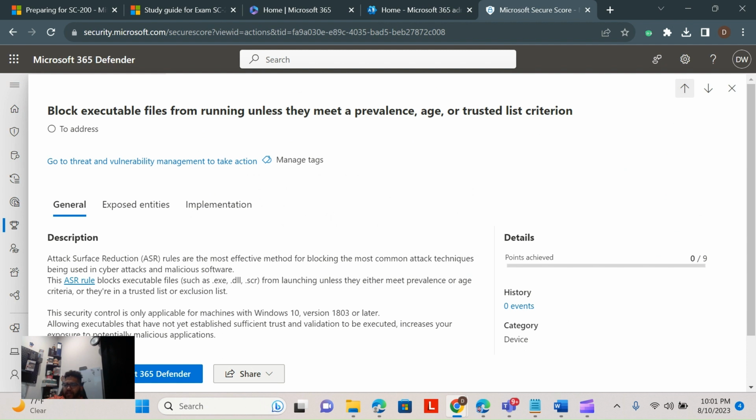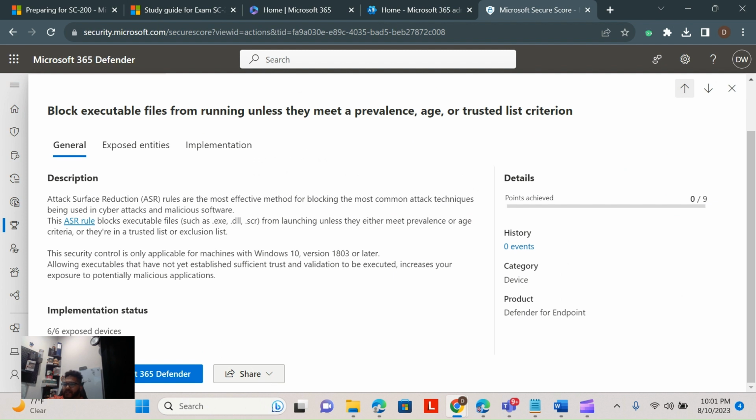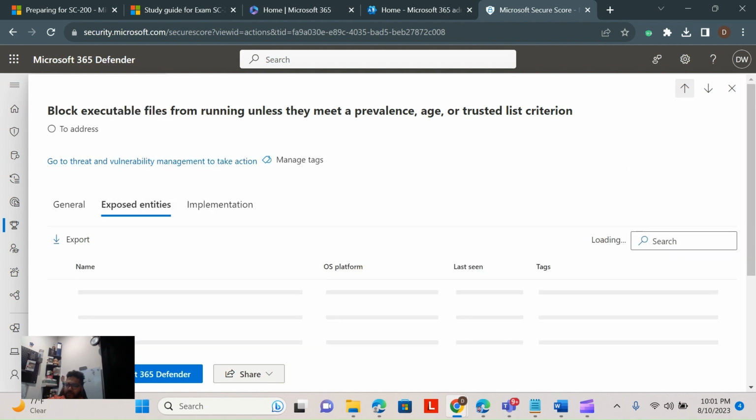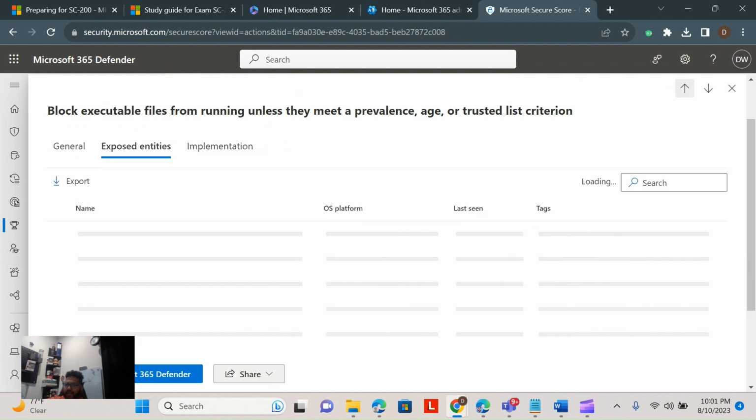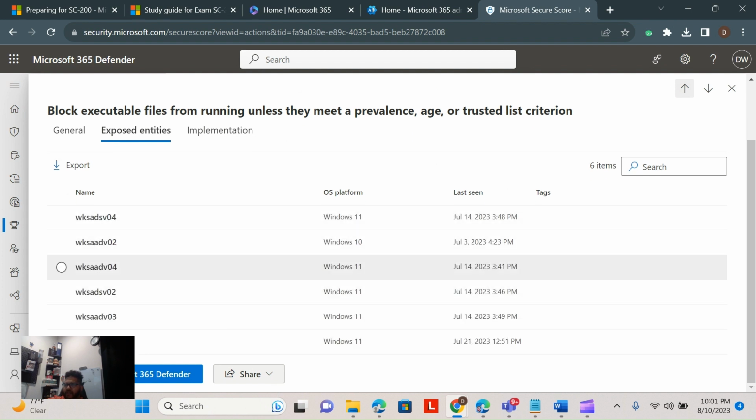Allowing executables that have not yet established sufficient trust and validation to be executed increases your exposure to potentially malicious applications. Right? So we have 6 devices exposed. It shows you how many devices it can clean up. And then if we click expose entities, right, this will actually pull up that list for you if it ever loads, right? You can see all the different workstations out there, their OS platform, the time they were last seen